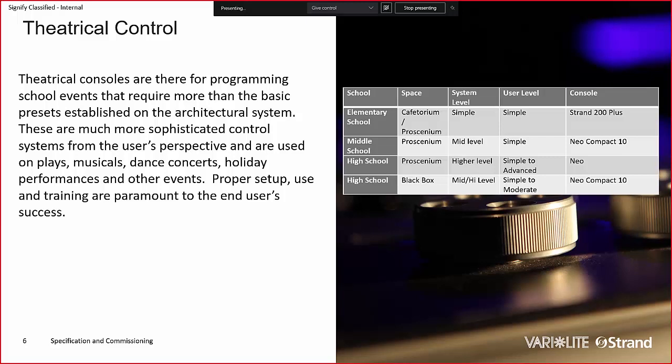So here in this table, it's just identifying the different school types. So we'll start with an elementary school. Let's say we have a cafetorium or a proscenium. So the system level is probably pretty simple, as well as the user level. They're not going to have a lot of experience. So in this particular case, we put on a Strand 200 Plus console. It's a simple one or two scene slider preset console with some basic memory, but again, very simple,